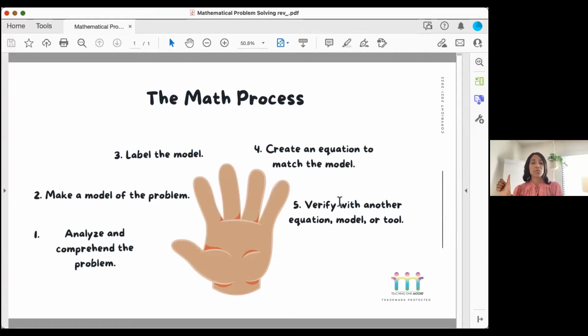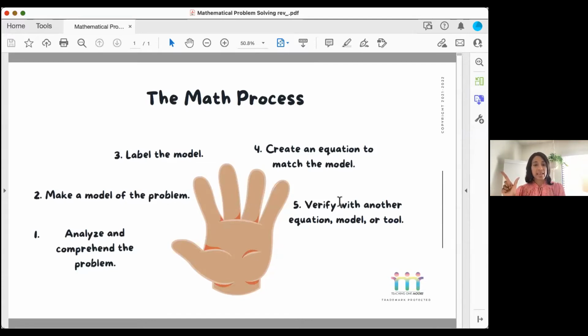So the very first thing we want to make sure that kids always do when they're reading a word problem, if they're listening to a word problem, if they're looking at a chart or an equation, is we want to pause and we want to make sure that they are analyzing and comprehending the problem. It's going to be very difficult to solve a problem if you haven't taken a moment to look at it carefully and make sense of it. So one of the first things that mathematicians do when they're solving a problem is they analyze it and they comprehend it. I'm going to come back to this one in just a minute.